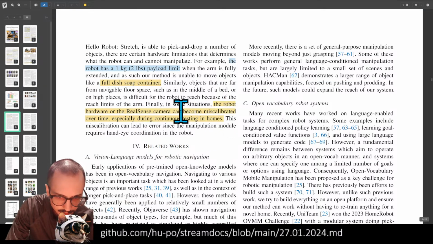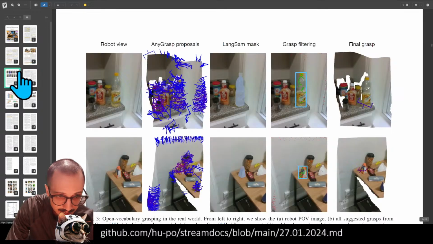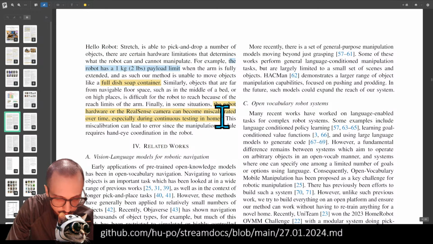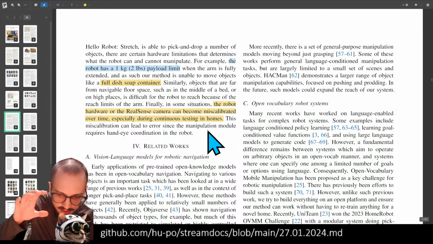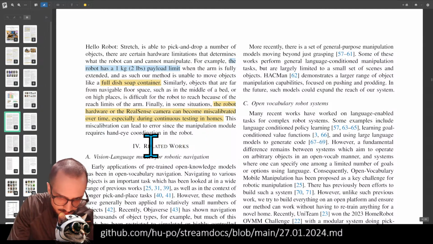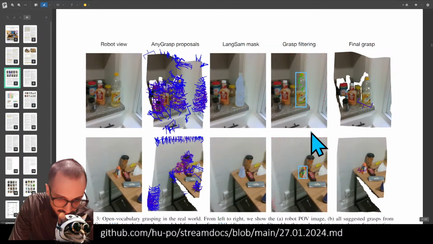And this is the problem, right? They're doing this explicit depth and using that to do this with the grasp proposals and the navigation too. If you miscalibrate all these cameras, it's not like you miscalibrate at the beginning and then you just need to calibrate it. The calibration deteriorates over time. As you move around, the camera is vibrating and losing its tilt. It's losing its position a little bit. The gripper's losing its position every little bit. So this miscalibration issue has always been a kryptonite for robots that relied on these piecemeal